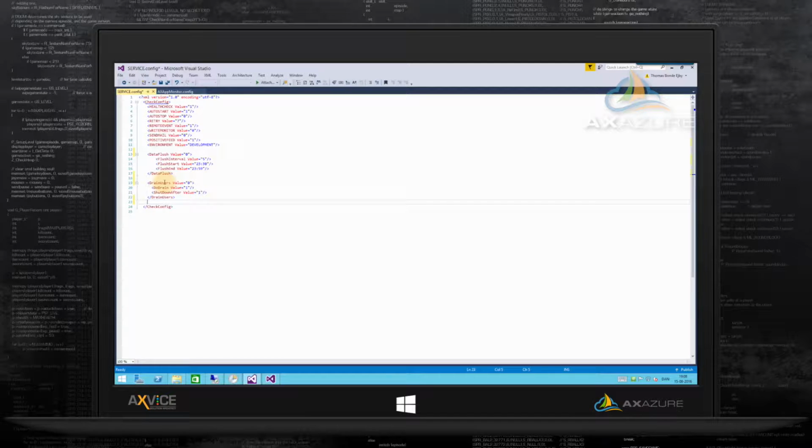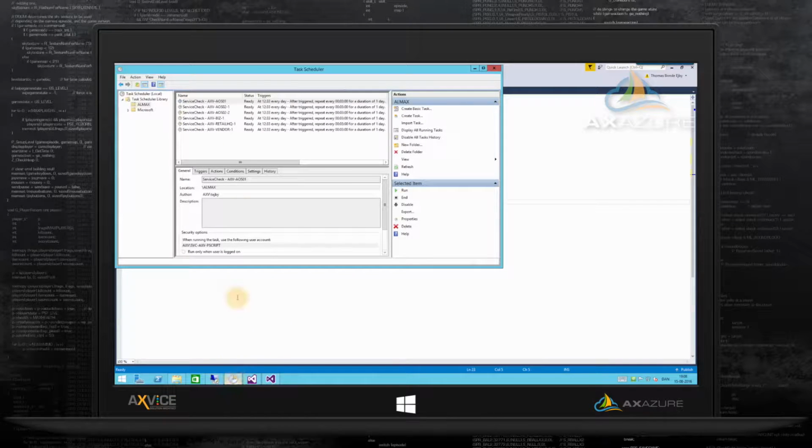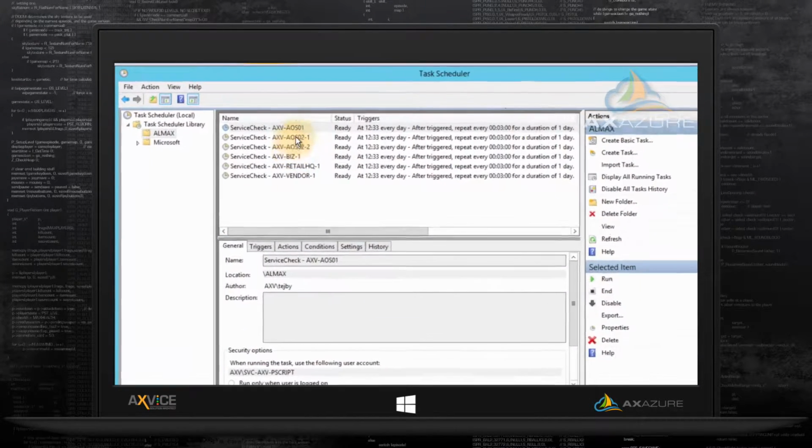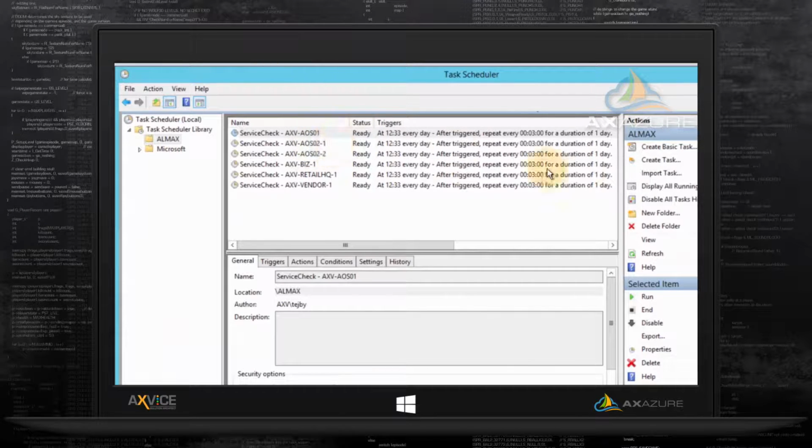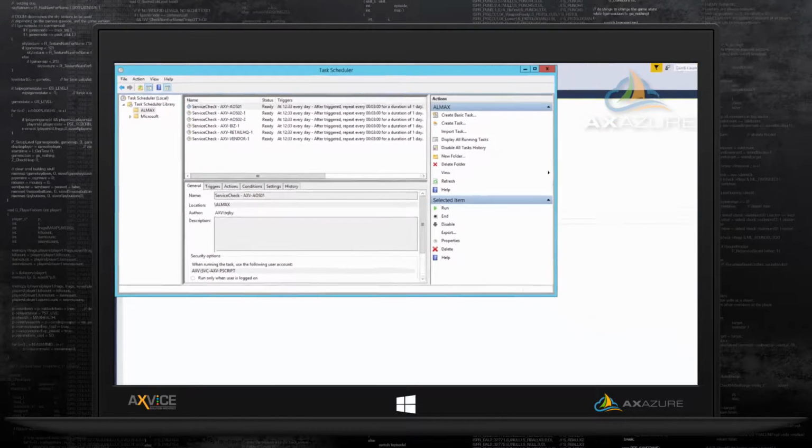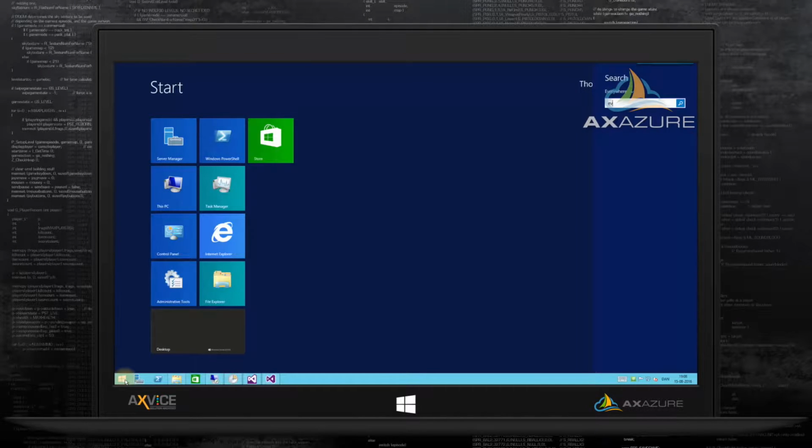Now, when you run this, you run it in a scheduled task. So you set this system up in a scheduled task, one task for each AOS server. So in this case, it runs every 3 minutes and verifies that my AOS servers are running. So if I were to go in